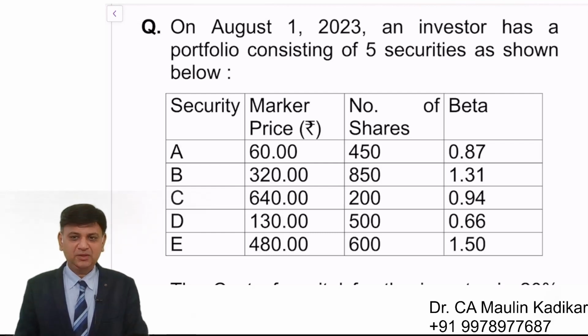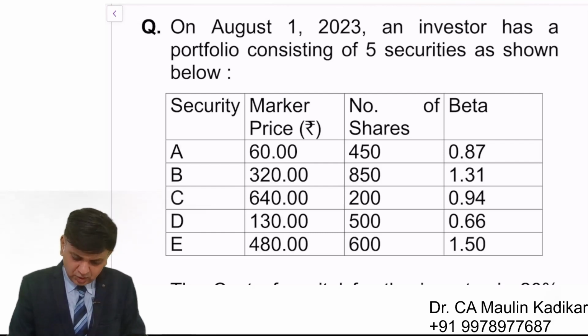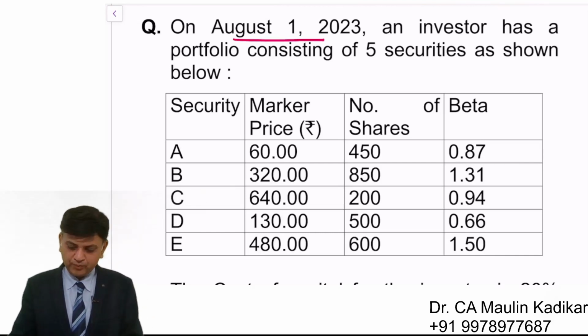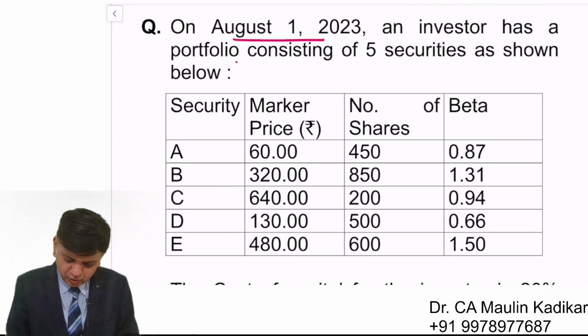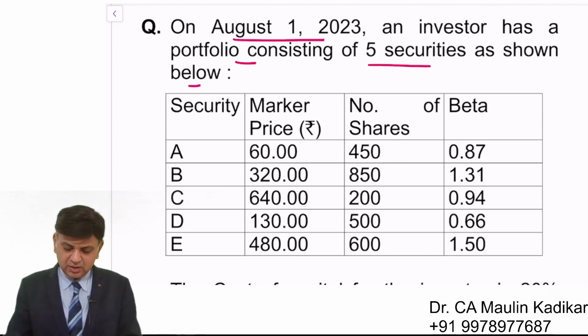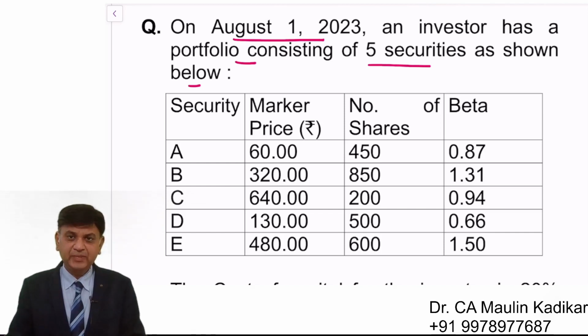Let us see the next question. On 1st of August 2023, an investor has a portfolio consisting of the 5 securities as shown below. So information is given about an investor holding 5 equity shares, that is 5 securities, and the lists have